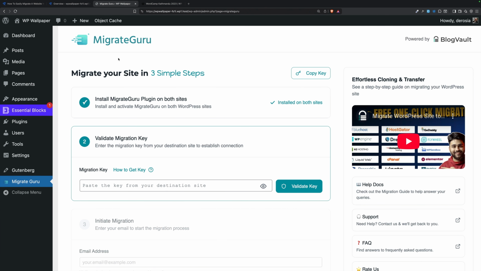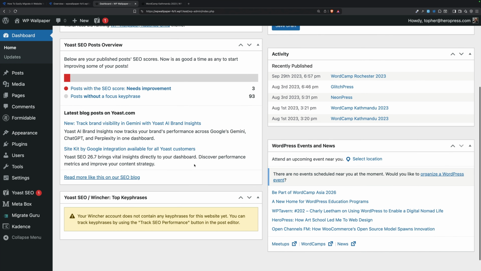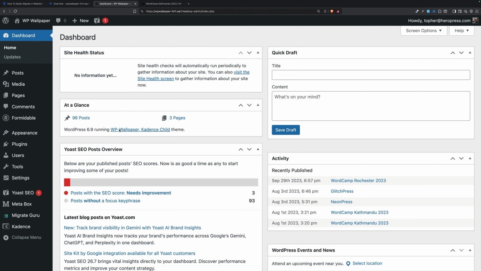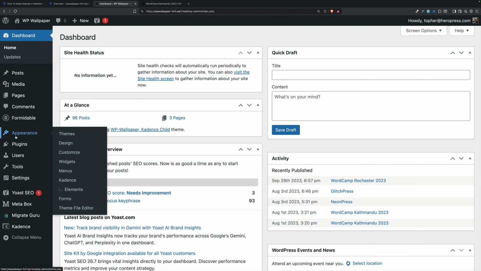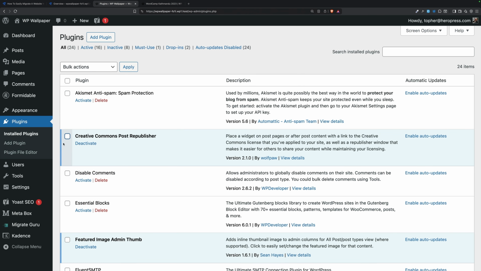Oh, okay, so it looks like the old thing because I used that modal login. But if I click dashboard, yes, this is what my admin should look like. This looks exactly like the old one, my Metabox stuff, all my other plugins. So now I'm actually going to uninstall Migrate Guru because